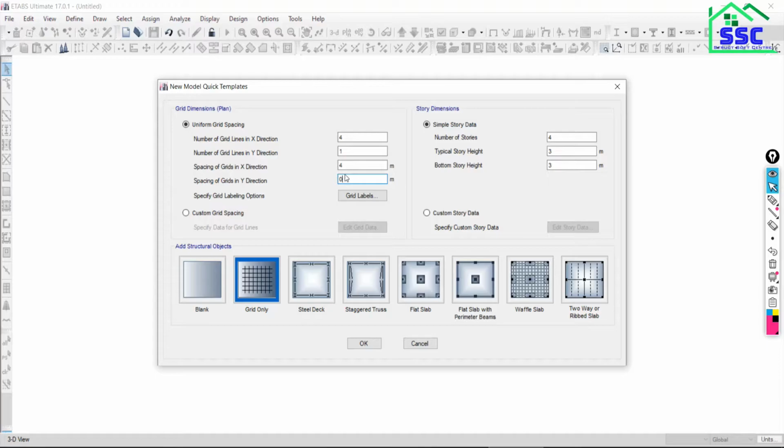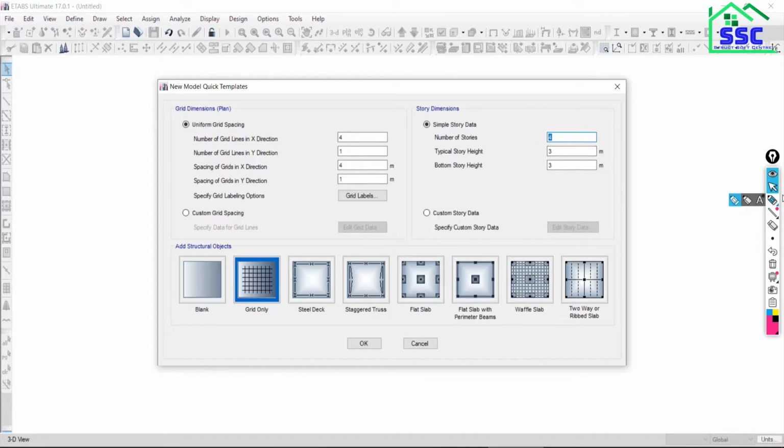Actually we can't put 0 value for spacing, but in y direction it's done. Now for the number of stories, the intimation is that you can't put 0 value, so here you have to put at least 1. Put 1. Now come over to the story.